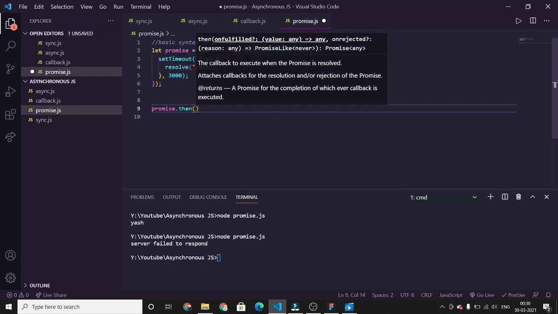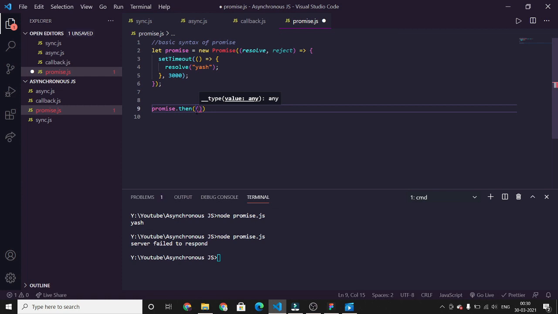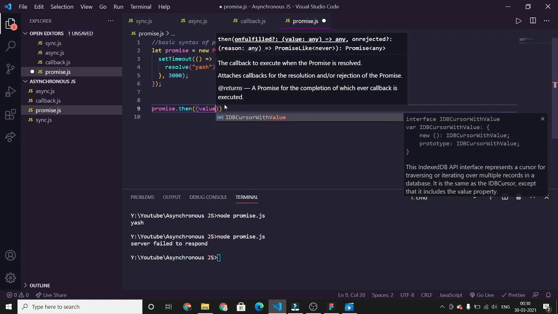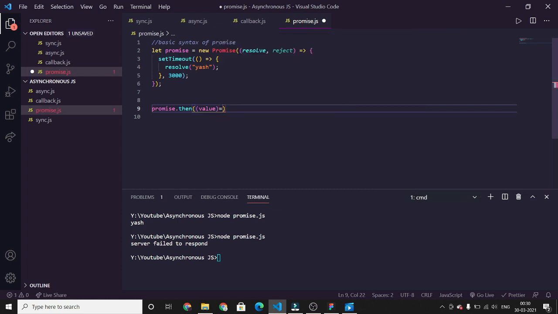Inside dot then we will write a function that should be invoked when promise is resolved. It will contain a parameter, so resolve will pass that string as argument in this function, and we will access that value and just print it.